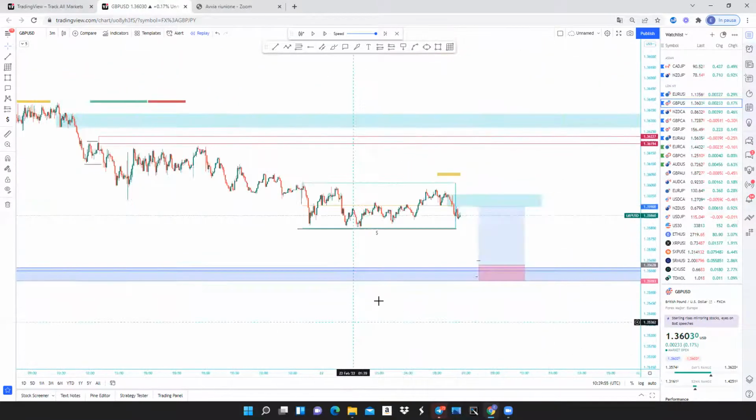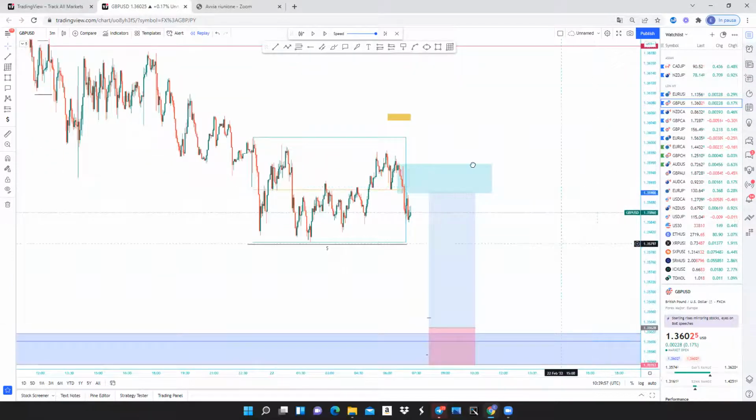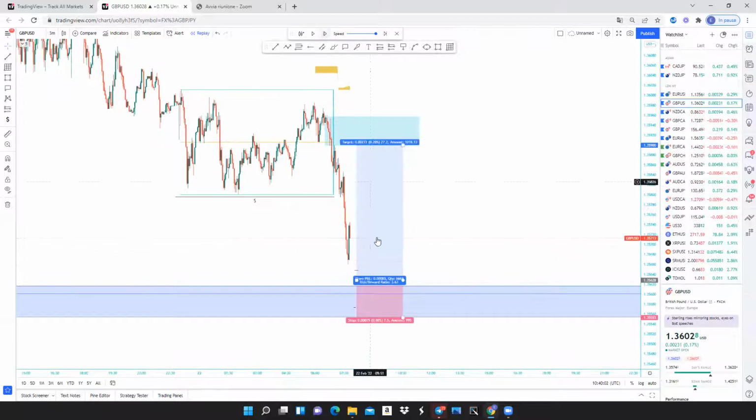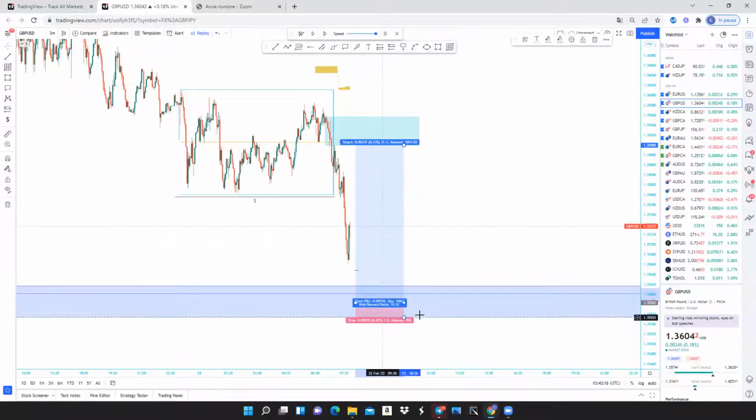After Asia, I woke up. For me, it was 7 a.m. We start pushing to the downside. You can have an aggressive entry. Of course, you know that this is more aggressive and therefore you have higher chances of hitting stop loss. So aggressive entry either from here, or you can take the 50% of the order block. This becomes almost a 1 to 10, 1 to 9,